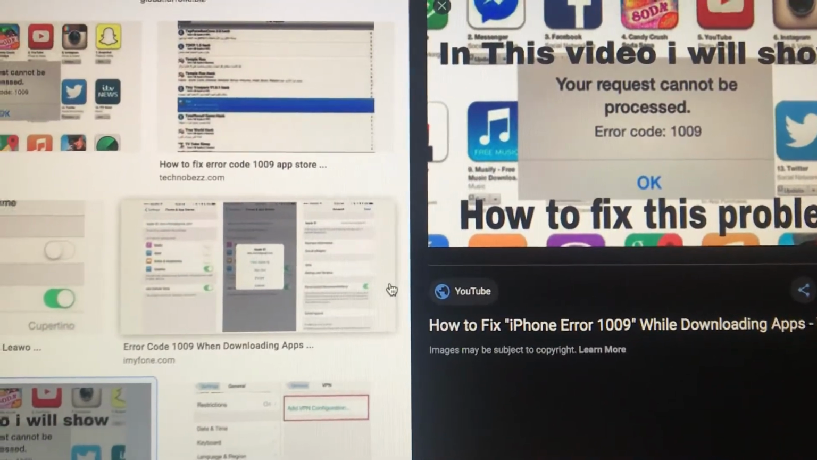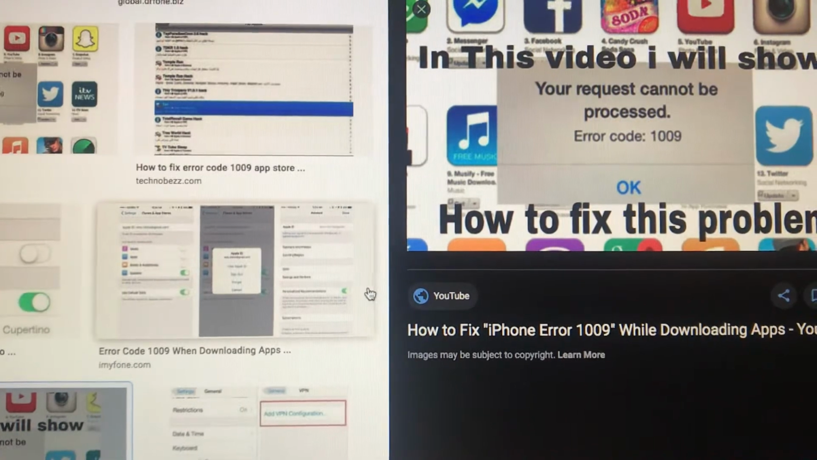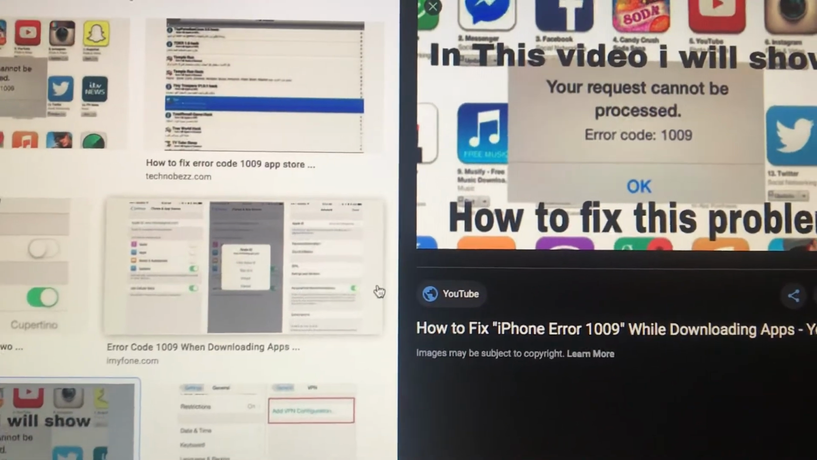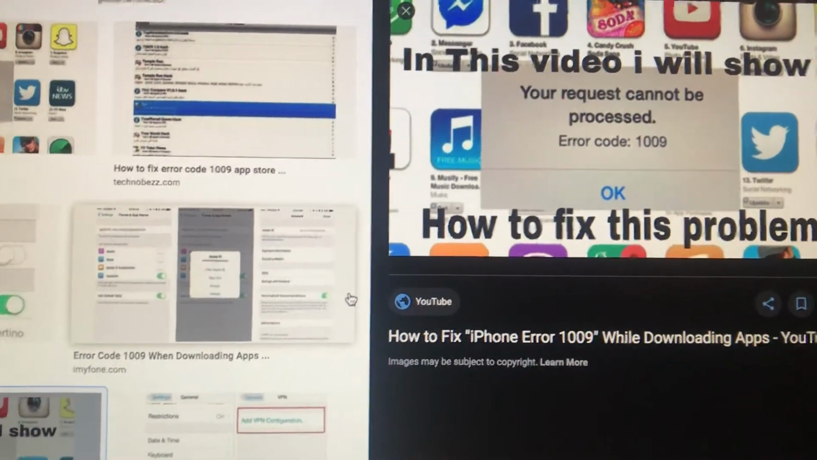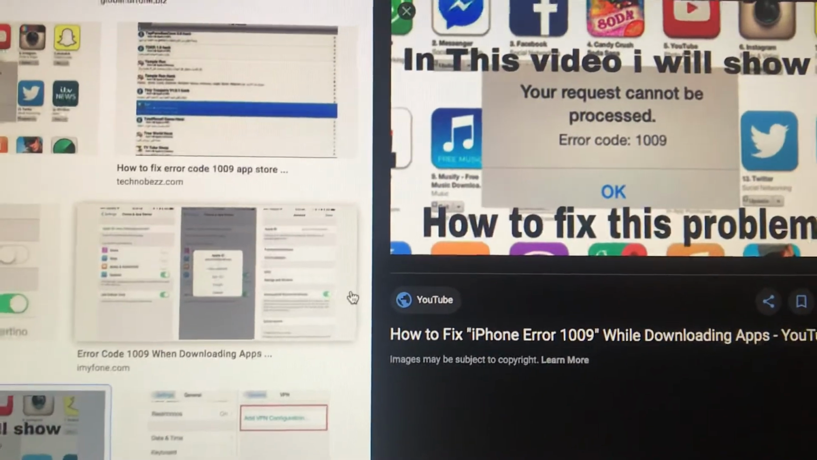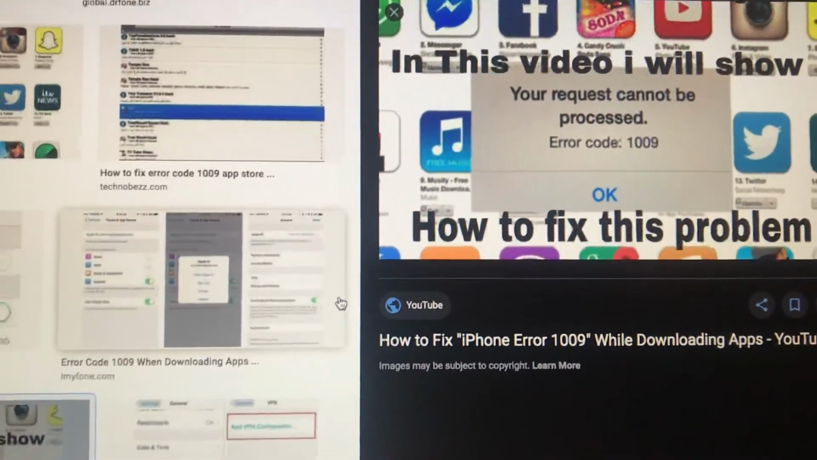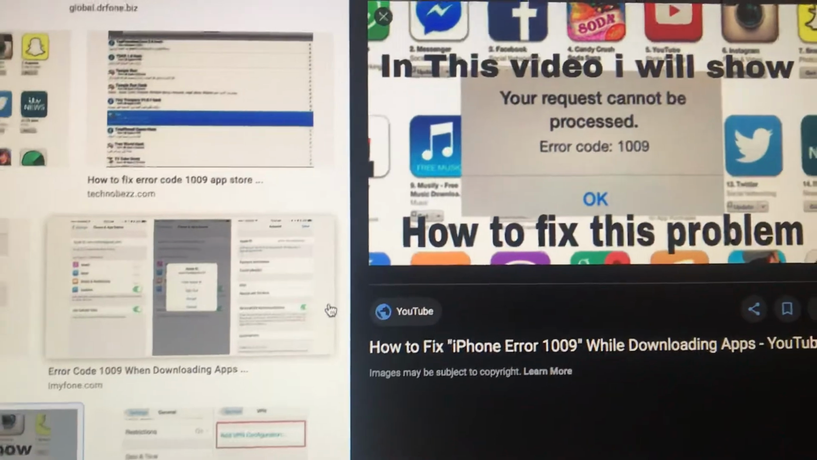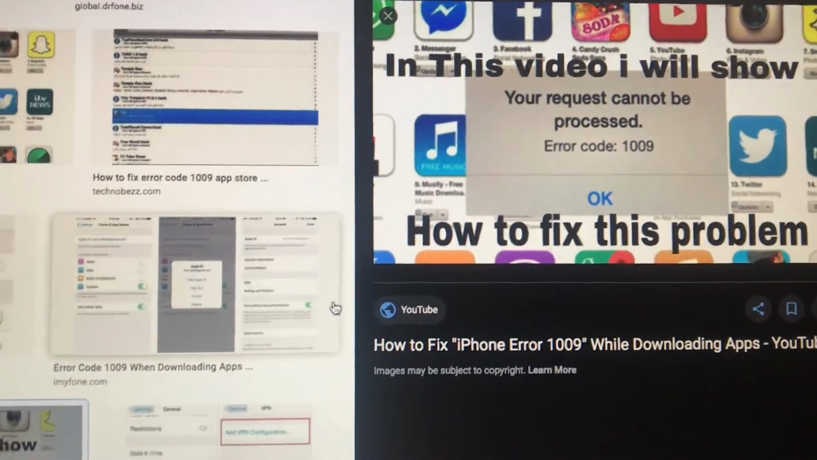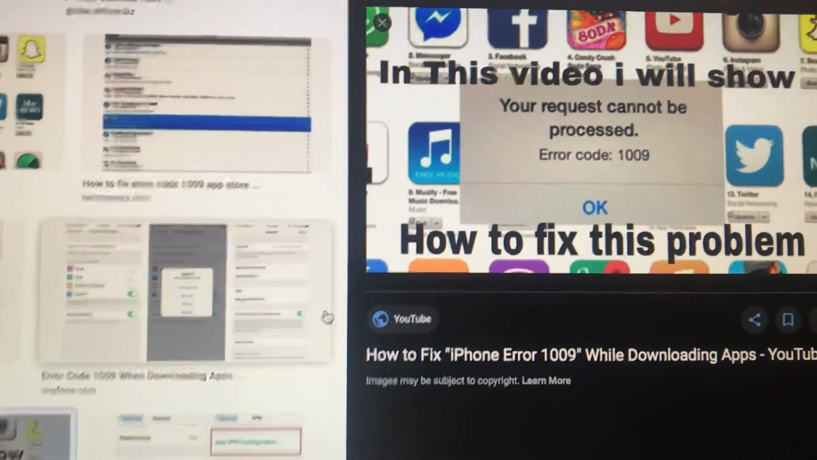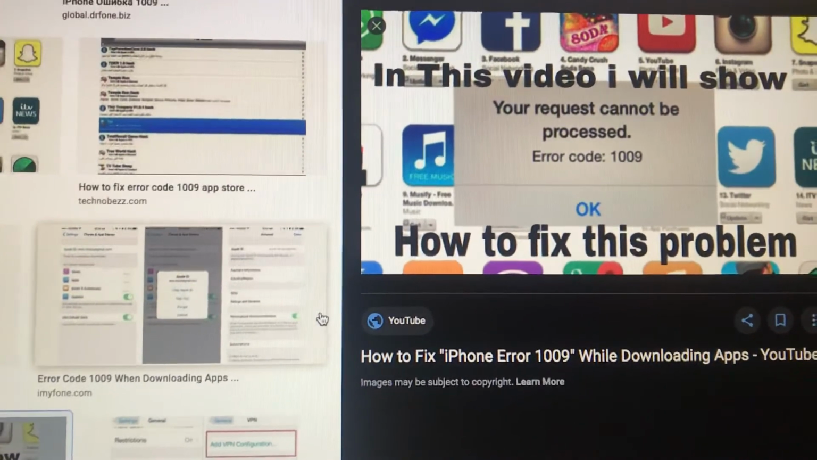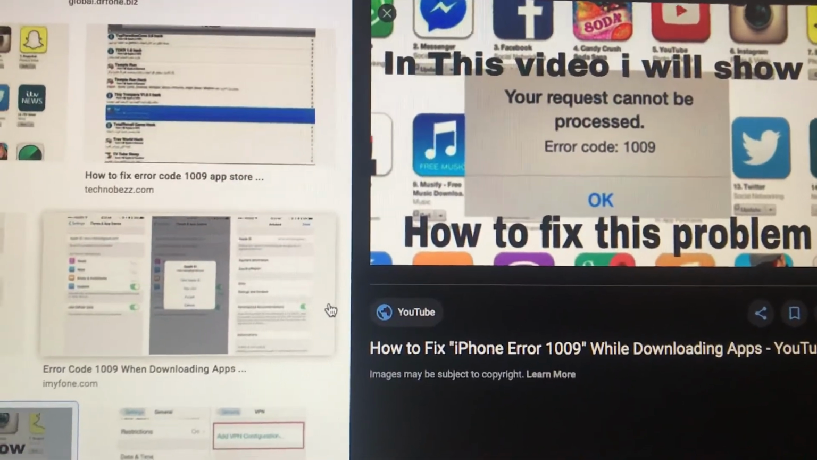Error number 1009. So how can you fix it? First, you need to check your software. Just try to update your iPhone to the latest software. Another thing you can try is to disconnect from your Wi-Fi and restart your iPhone, or